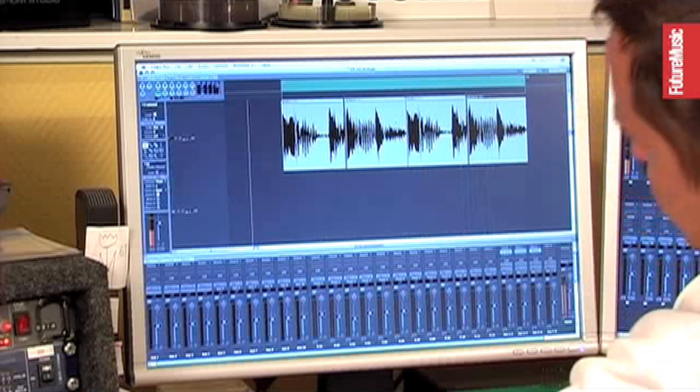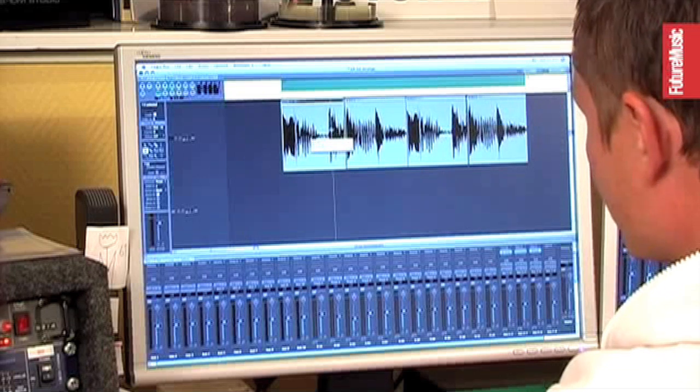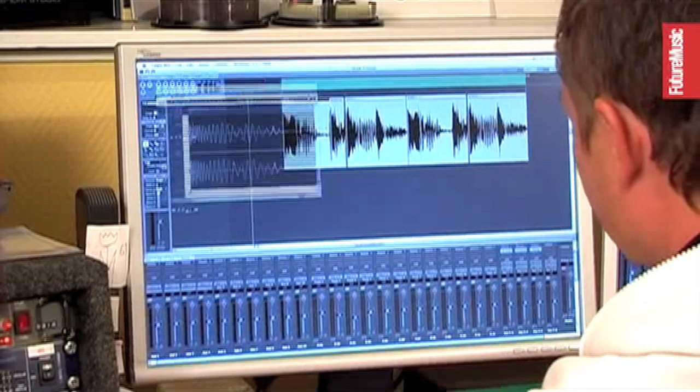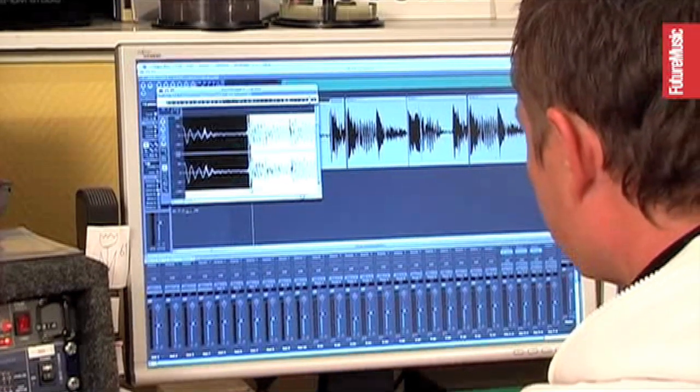The next thing is that maybe I don't want to use the same swing. I don't know what this guy used, so I'll cut it up.